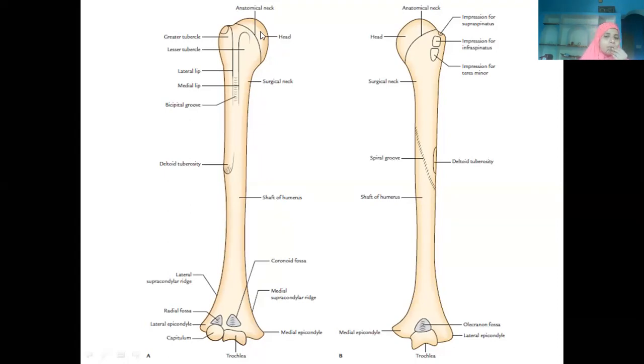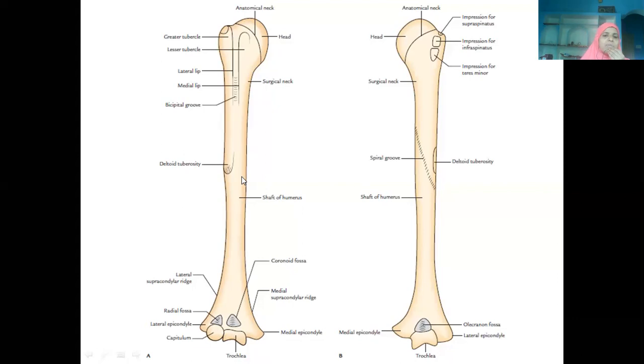Now, what are the presenting parts? I said the head should always be directed medially. In the lower end we have to check for the trochlea medially and capitulum laterally, and near to that trochlea, whatever pointed bony elevation you are finding, you call it medial epicondyle, and quite opposite to that we have lateral epicondyle. Now, after assigning the bone to its side, whether it belongs to right or left, now let us see.